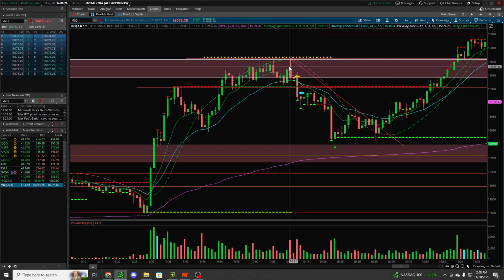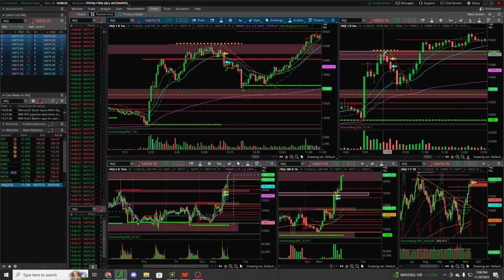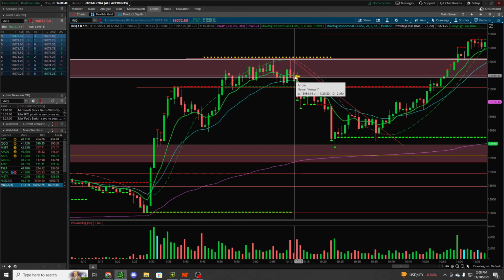So that was one of the price action patterns to look for. It's a double top. It also lined up with the supply zone. So that was the second criteria. And the third criteria I needed was a straight supply line, which is an indicator that my friend Spark made. He coded it. And so it met all the criteria. So I took the short once it closed below the 9 EMA in the 1 minute. I took the pop back into it at 15. I got filled at